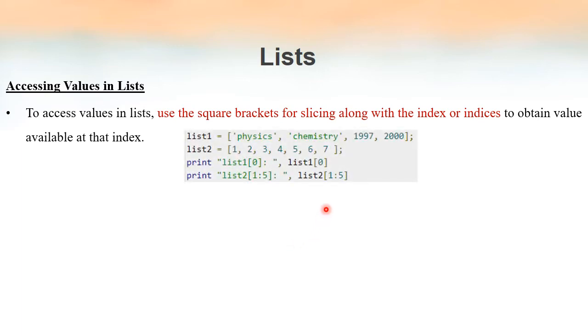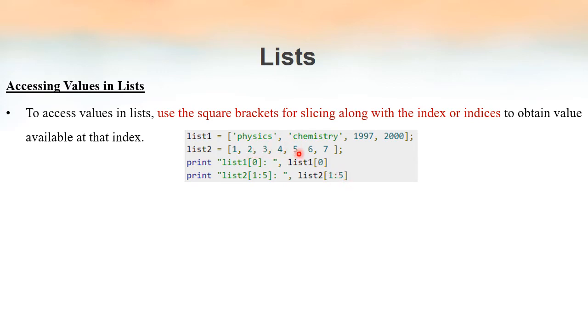That means we are accessing the elements starting from index number 1 up to the element at index number 5. When we write like this, the element at index number 5 is not included. Index number 1 means our second element. So list 2 means this list: index number 0 is 1, index number 1 is this element 2. Starting from this element we have to go up to index number 5. So 0, 1, 2, 3, 4 and 5. So 6 is the element at index number 5. When we write like this, the element at index number 5 will not be included.